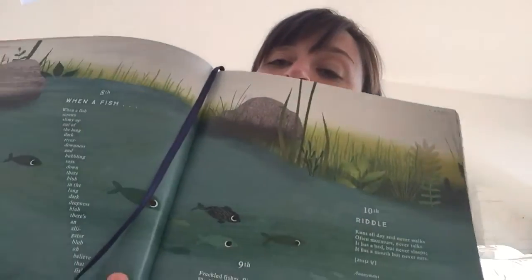Now, who can tell me what day it is today? That's right, it's Wednesday and it's the 9th of April. And I'm going to start our little lesson now with one of our nature poems. So you remember we had that funny When a Fish poem. Well, this poem's also on the fish page and it's called